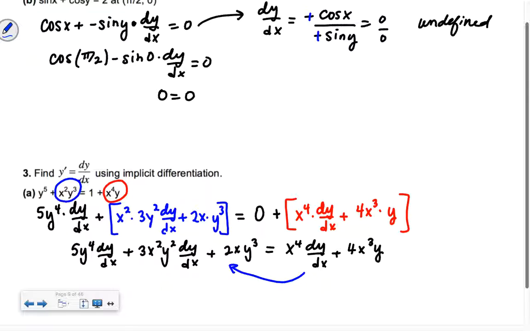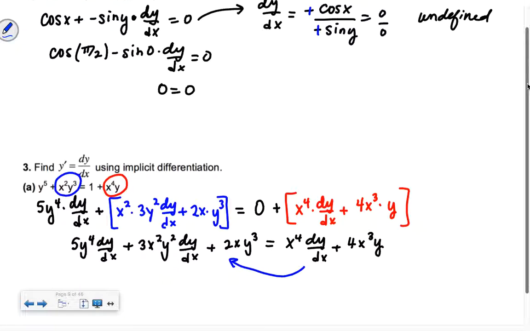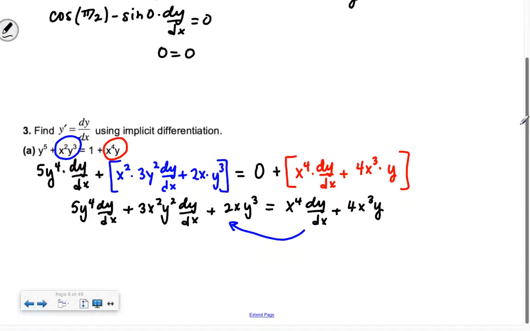And then the thing that I typically do in my head is I pull the dy over dx out as I'm doing this, because we don't want to keep writing all of these steps over and over and over. So once we get all the dy over dx's on one side, we're going to pull the dy over dx to the front. So I'm going to have 5y to the fourth plus 3x squared y squared minus x to the fourth. And you divide